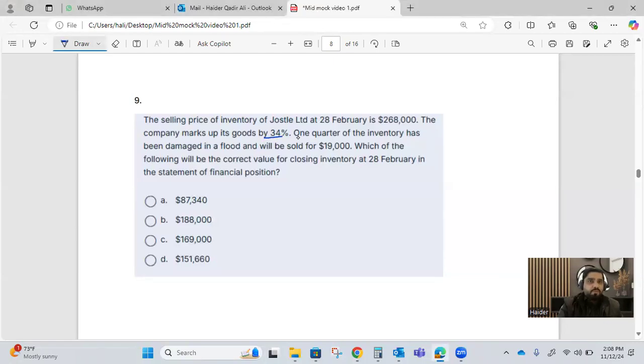So markup is the profit percentage taken on the basis of cost. It means if your cost is 100%, that's the base value, and your profit is 34%, your selling value is 134%. And this selling value is already given to you. So now you need to solve it. This is the selling price. The company makes a markup of 34%. Obviously, when you are going to calculate the cost of goods sold, the selling value is known to you, 268,000,